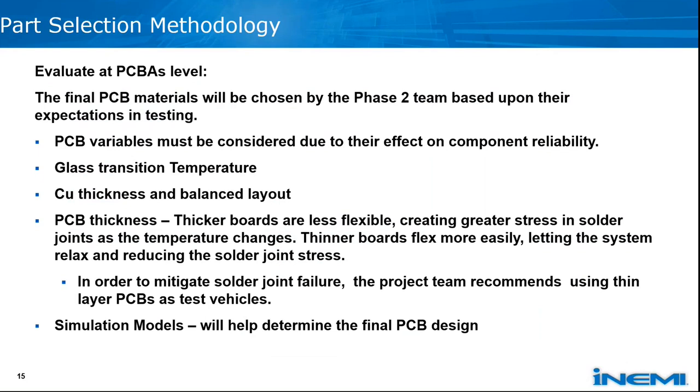So when we consider the PWB or the PCB, as we've gone through our discussions, several things have come out. We've felt like we need to have a high Tg material, and this will help both in low and high temp applications. So for example, high Tg FR4s, but as we go to higher temperatures, if we select to go to the higher temperatures, we'll have to consider using other higher temperature resin systems, such as some of the polyimide materials that are there.